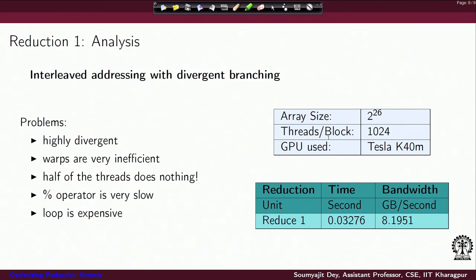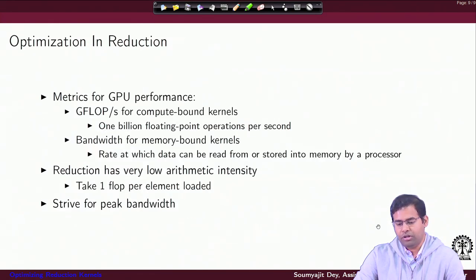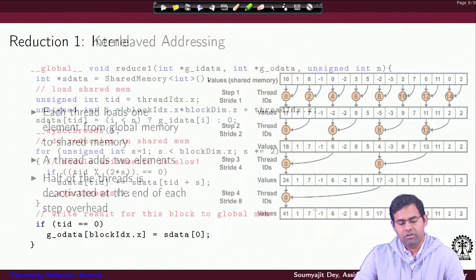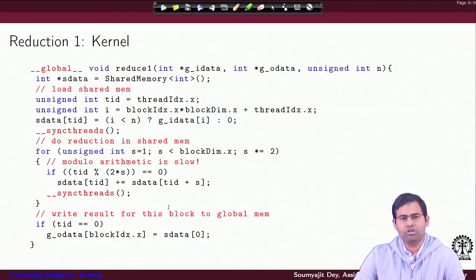So, some statistics here, considering an array of this size, if we execute this reduction kernel multiple times using multiple kernel launches using a GPU that is the K40, this is the bandwidth and execution time that we can see here, right. So, just to repeat, this is not an execution of one kernel launch. We are actually following this picture of orchestrating multiple kernel launches and finally getting the value. Well, inside each kernel launch, the code we execute is this one. In each launch, you actually reduce some part of the array.